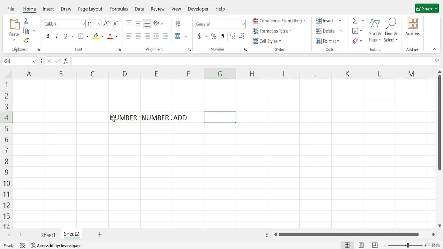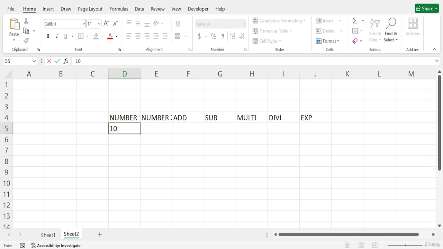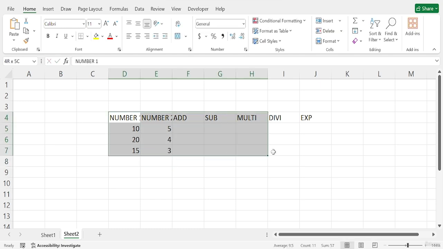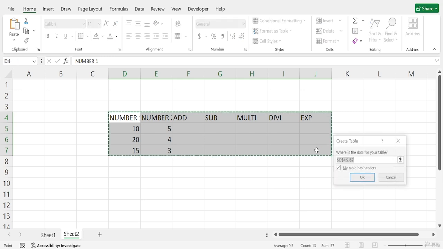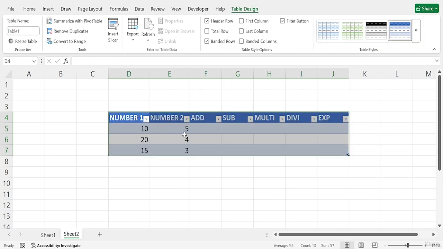This is for addition, this is for subtraction, this is for multiplication, and after that I will add division, and lastly exponentiation. Let's say I will add some numbers like 10, 20, and 15, and for number two I will add 5, 4, and 3. Now I will make this a table by pressing Ctrl T. So this is my simple data set.